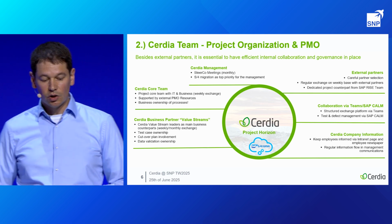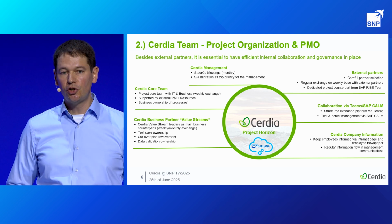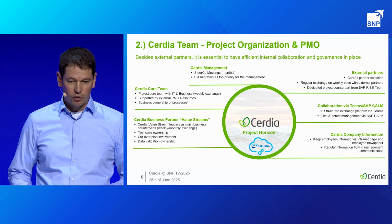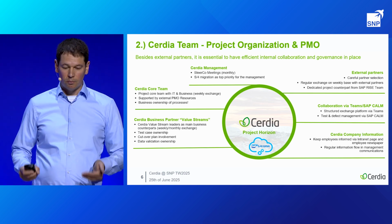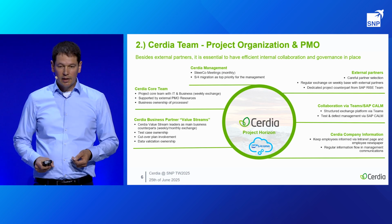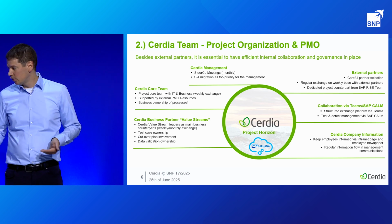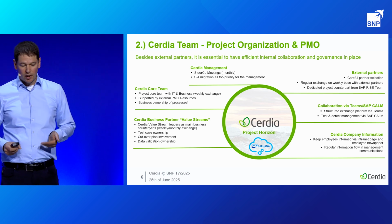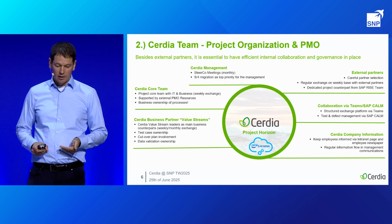I would like to start on top and point out that for the Cerdia management, this journey was seen as a top priority. We had regular updates of the management on a monthly basis, and this was important all the time to have the support from the management. Furthermore, we had a Cerdia core team in place which consists of business people and also Daniela and me. So we had a very close alignment with the business about our journey, and the key value streams participated in the core team